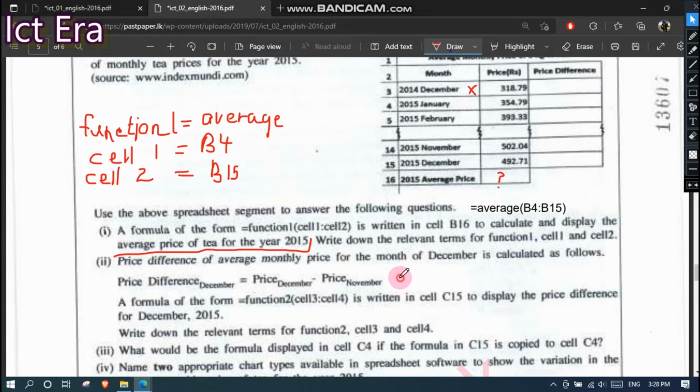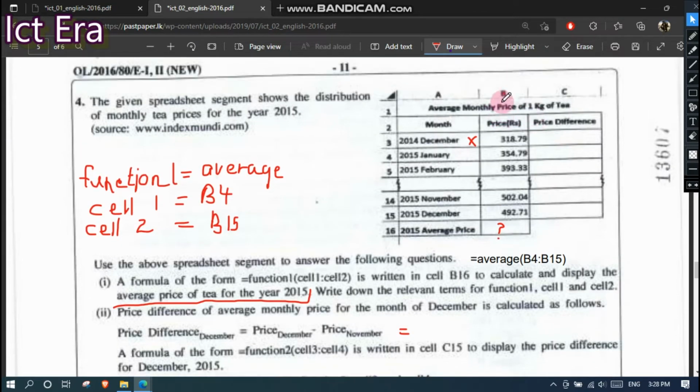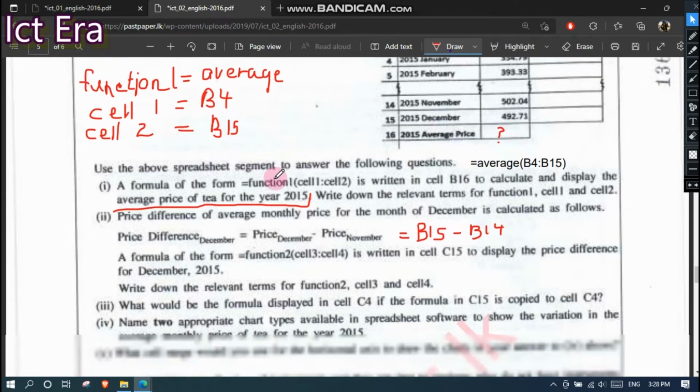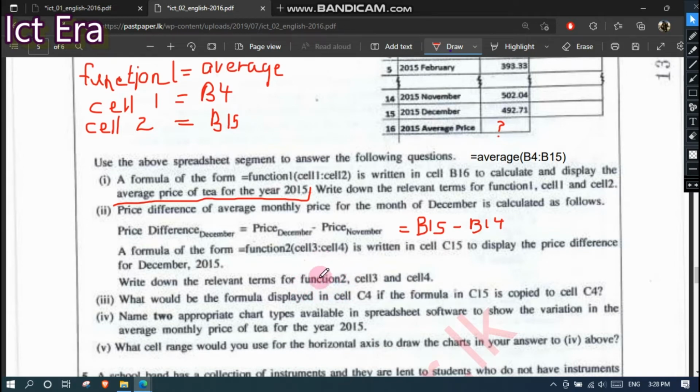Normally we can write price of December as equal B15 minus B14, but they asked to give a function for this. So we can write the function sum, cell 3 B15 and cell 4 B40. Overall, we write equal sum in brackets B15